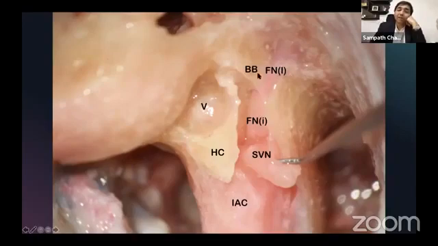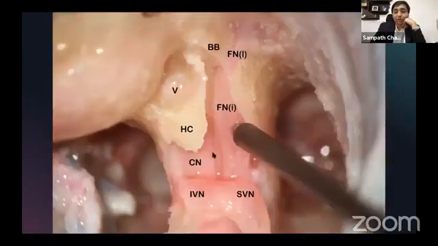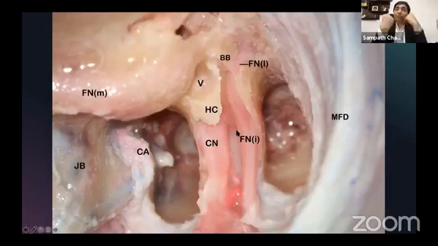So just by plucking this out and identifying the Bill's bar, you will see the facial nerve behind it. And this is a sure shot way of not injuring the facial nerve. Obviously, all this is done using a facial nerve monitor. The superior vestibular and inferior vestibular nerves are brought down. Behind that will be the facial nerve and the cochlear nerve. So you bring down these two nerves, and behind that you'll have two other nerves. The facial nerve is here, the cochlear nerve is here.